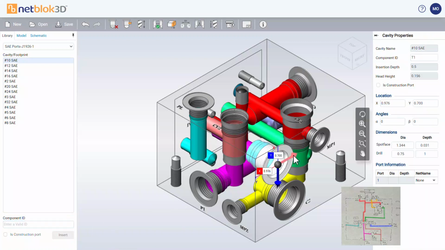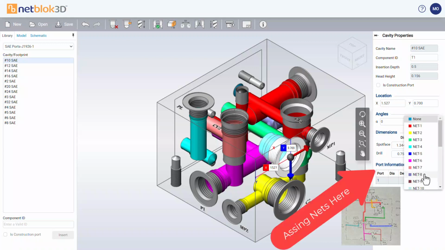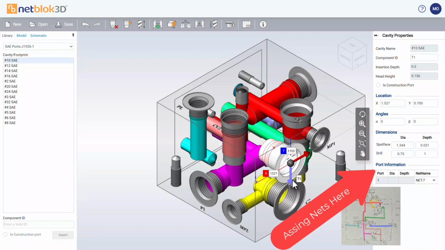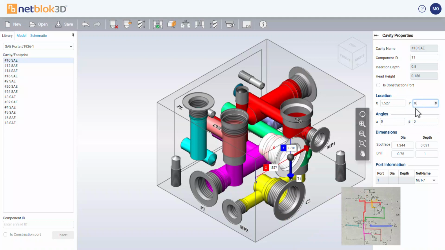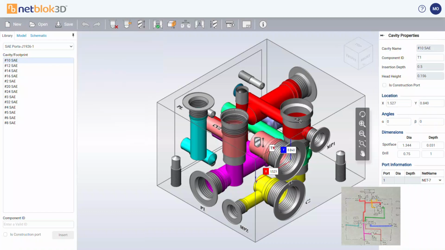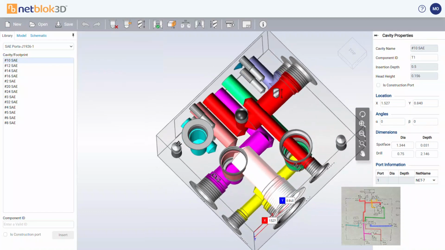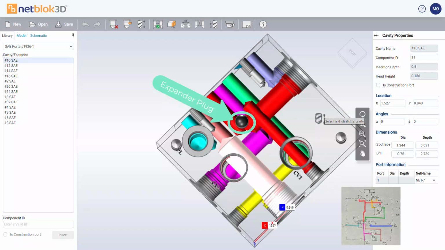Once imported, we can use the Cavity Properties panel to assign nets to various ports. Once all cavities are imported and nets are assigned, the designer can go about the process of connecting like colors. Cavities can change face, and drill holes, construction ports, or expander plugs may be inserted to finish connections, as seen